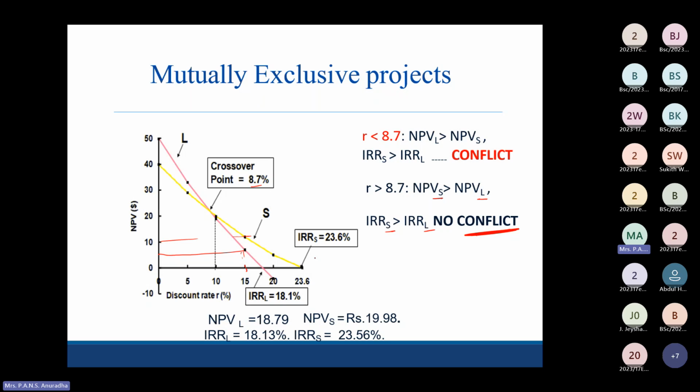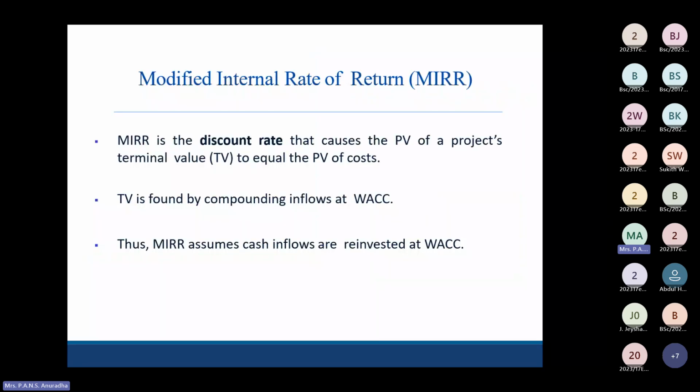For mutually exclusive projects, you have to select only one. When the cost of capital decreases below the crossover rate, there is a conflict. If the cost of capital is increased above the crossover rate, no problem. So when you are taking decisions, you have a problem of how to solve this. You can solve this by calculating the modified internal rate of return. Before going to the modified internal rate of return,